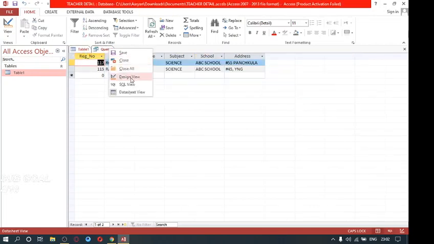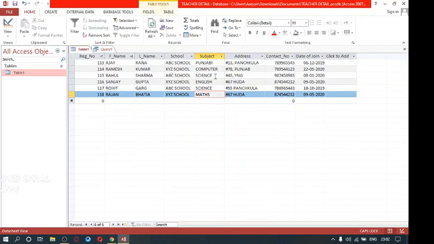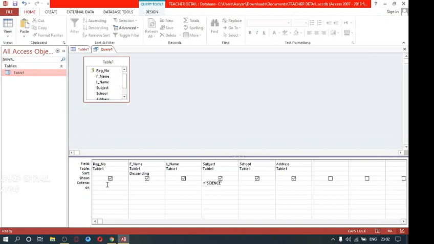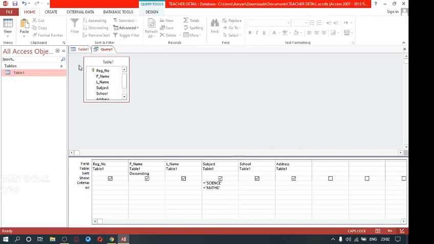Come back again to your design view of the query. Okay, now we'll give multiple criteria. How will we do it? We'll come back to table 1 and here we can see English, science. Okay, let us take a maths teacher. We'll go back to query, and in the or condition we'll again apply equal to, double quotes, maths. See, the spelling has to be the same. If you give some other spelling which is not matching, which is wrong or misspelled, then the query will not be answered. It won't give you the exact output.